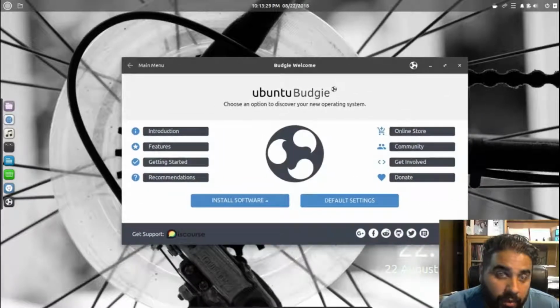Why that's important: to keep them around and help new users be more comfortable faster. So introduction, features, getting started, recommendations, online store, community, get involved, and donate. Always nice. Your welcome screen should always have a donate. Not that it's used much, but